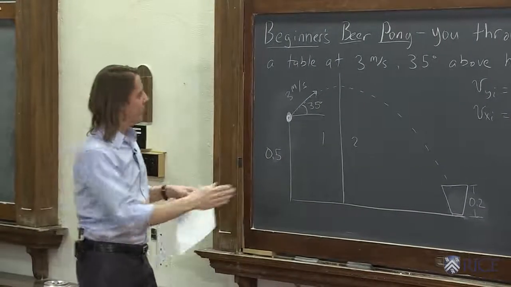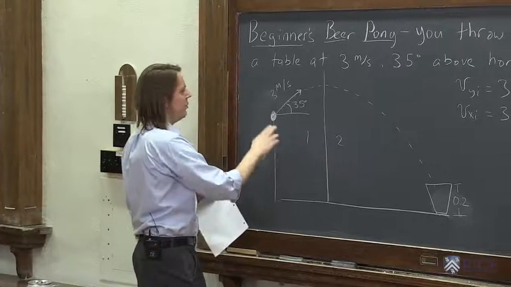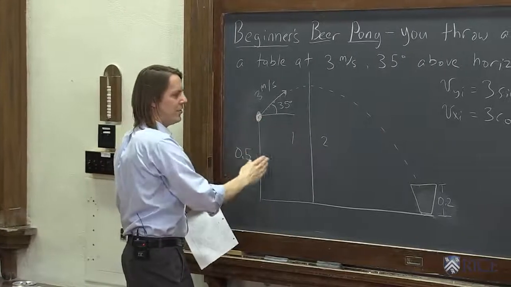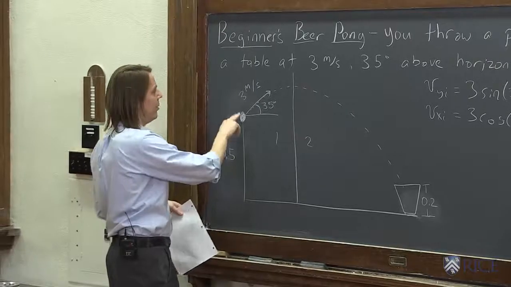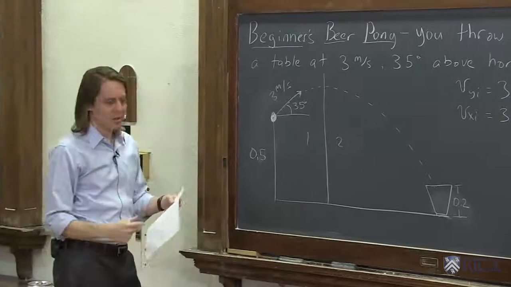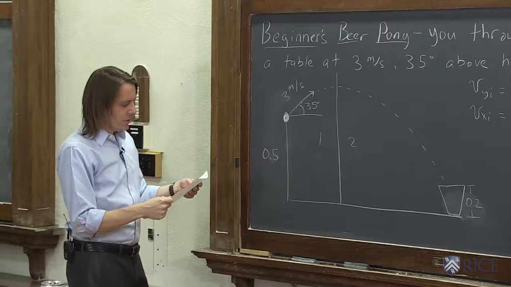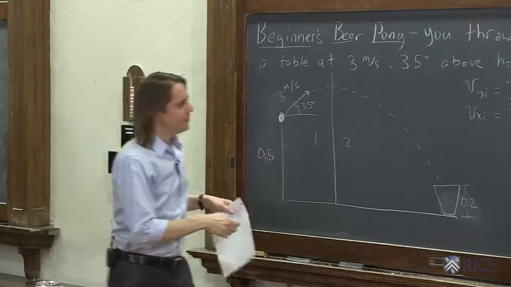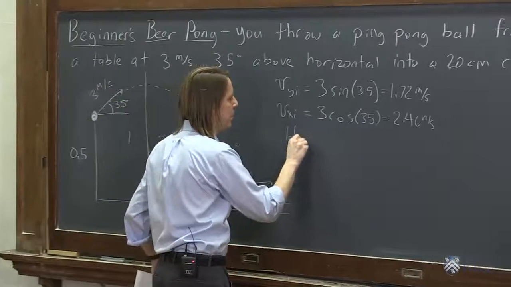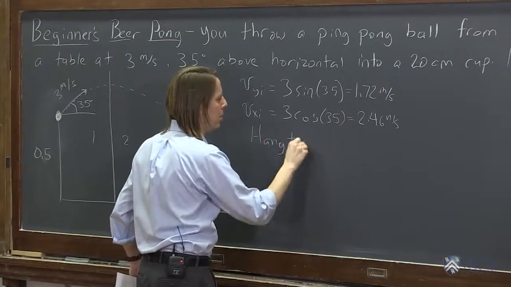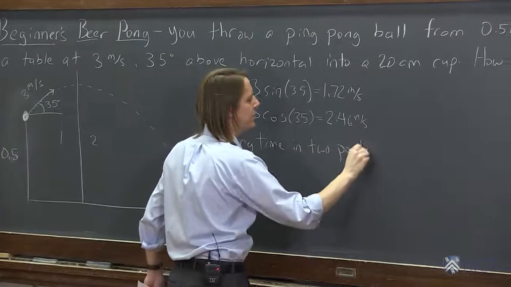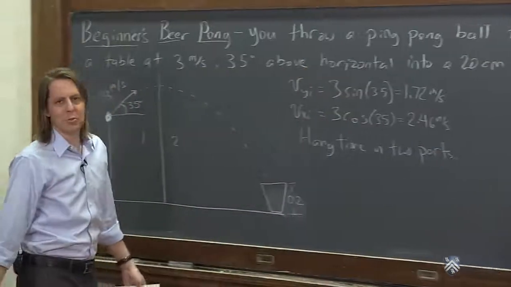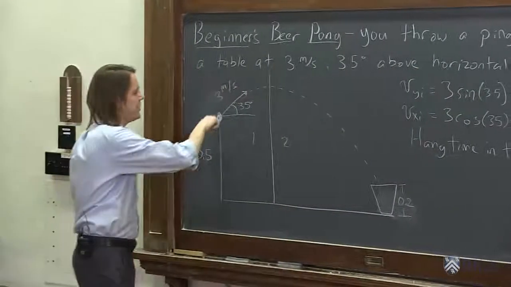So now, to solve this, really you get the idea. What we know is we know the x component stays constant. We just need to know how long it's in the air. How long does it go up, and then how long does it come down? So let's see. So the hang time in 2 parts. And in this case, we're not even going to use the range or the projectile formulas. We're really just going to calculate it. So this part, T1,